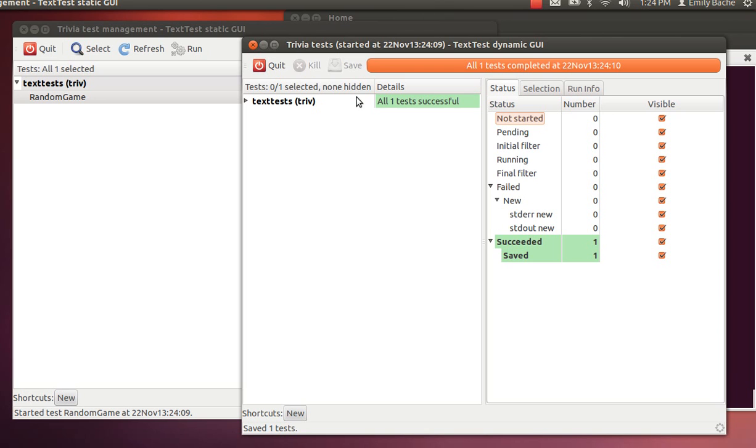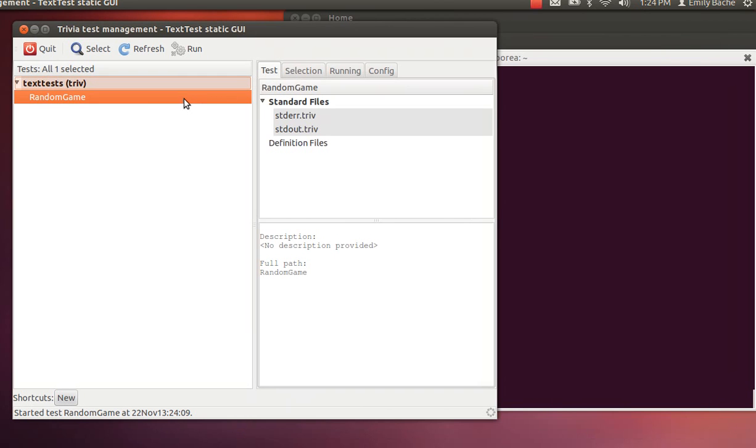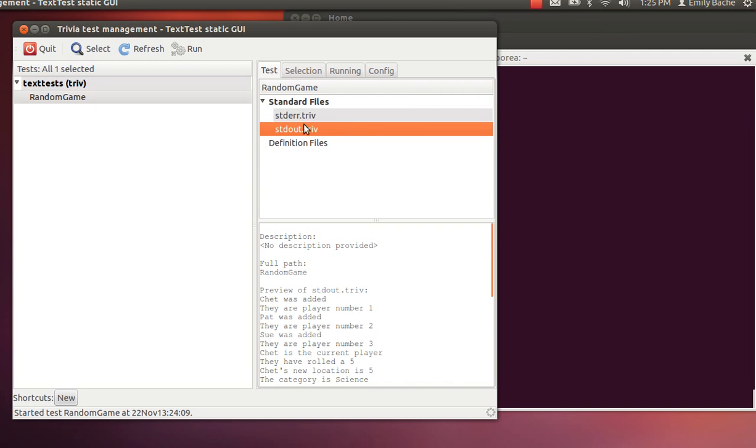just by pressing that button, and now it's marked the test as green because the output it got from the last test run matches the stored golden master. And if we go back to the static GUI where we can see a static view of our test suite, we've got now for this test the 2 golden copies, the standard error and standard output. So if I run this test again,